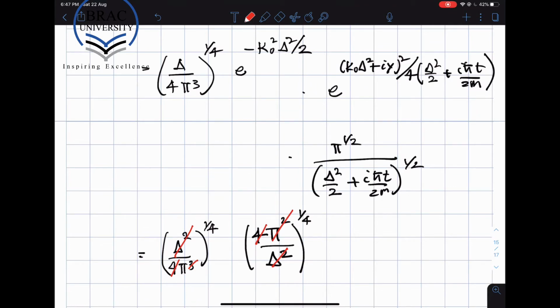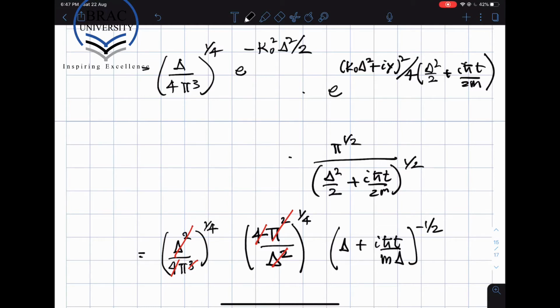And then we have the time dependent factor, which is this factor, because we have factored out one factor of delta and half. This thing becomes delta plus i h bar t by m delta. And we are writing it in the numerator, but we're putting a power of minus half. Okay, that takes care of all the